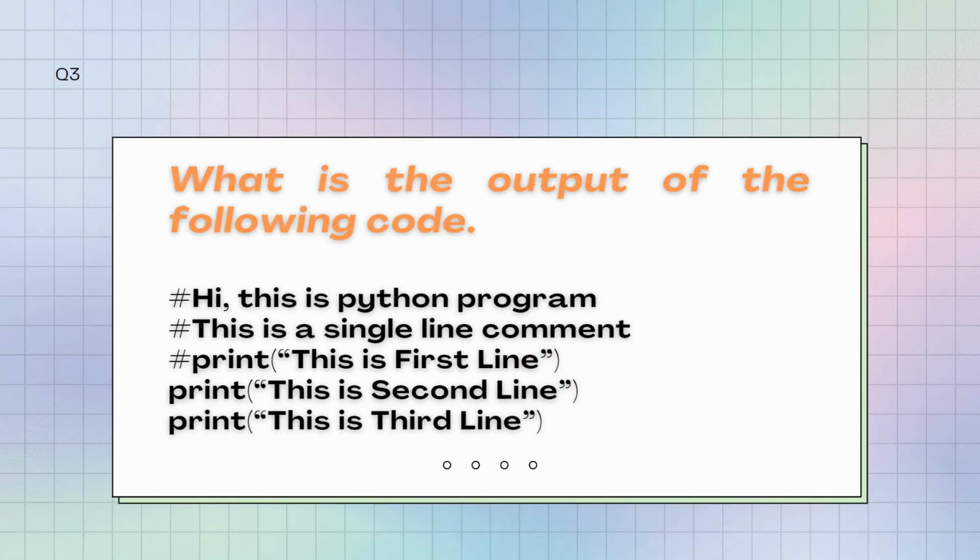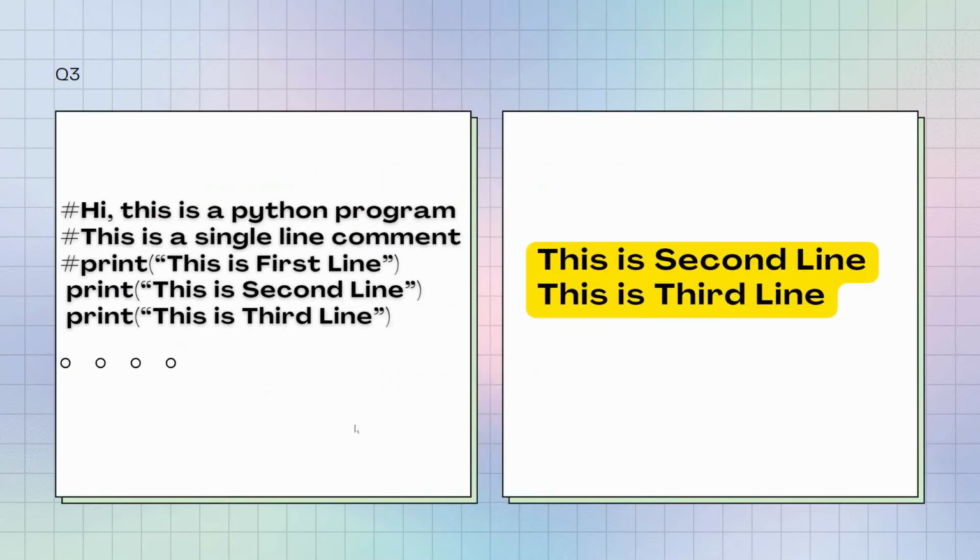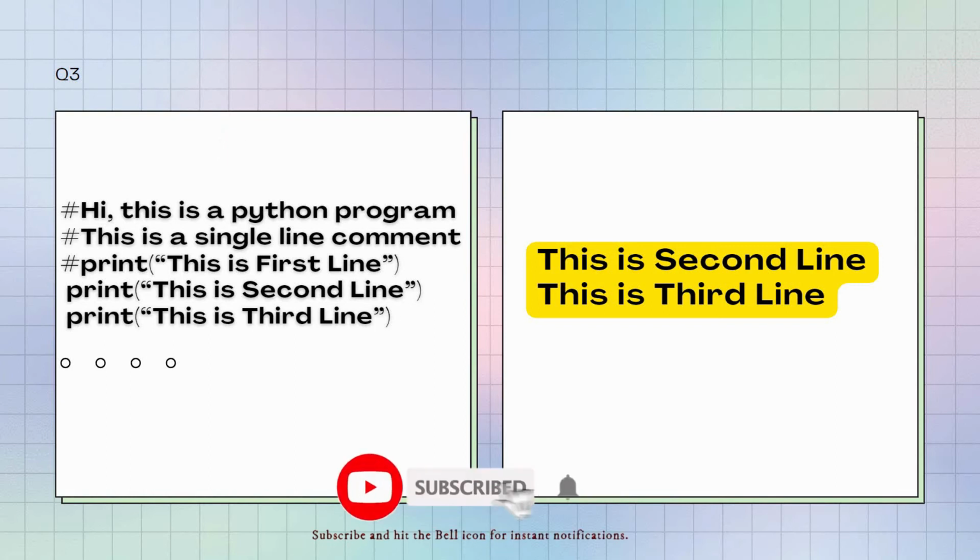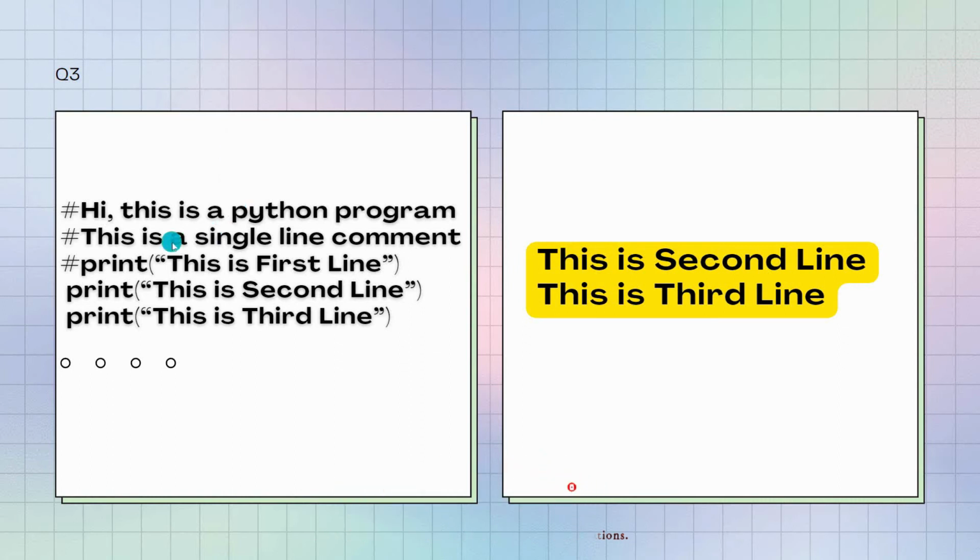And coming to question number 3, here we have a code snippet with 5 lines. Now we need to identify the output of this. If you clearly observe the first 3 lines of this code snippet, the starting character is hash. In Python, if any line starts with a hash symbol, that will be considered as a comment line and that line will be ignored by the Python interpreter. Then automatically the first 3 lines will be considered as comment lines, simply ignored by the Python interpreter, and only the last 2 lines will be considered by the Python interpreter, and those are print functions.